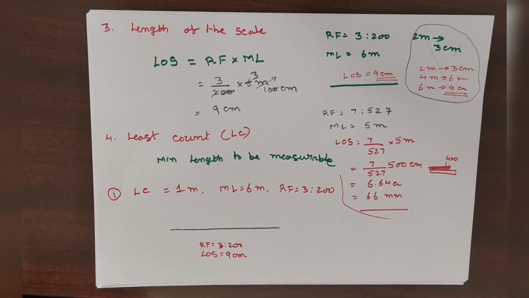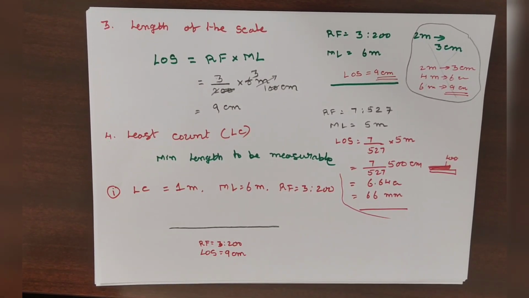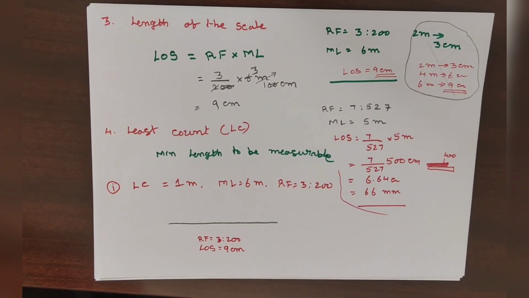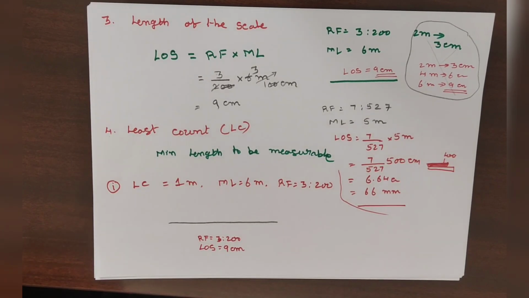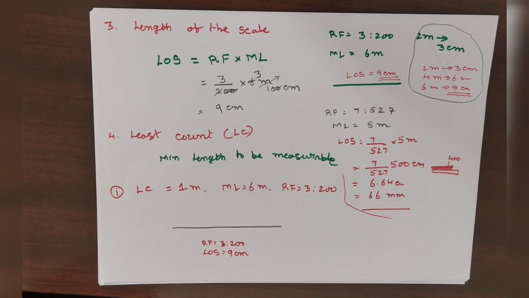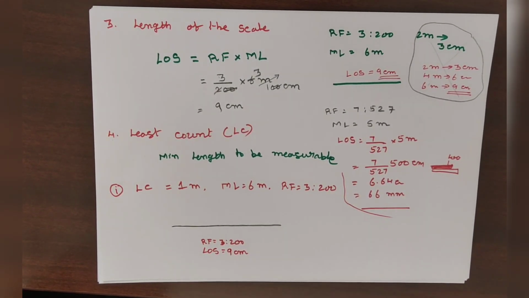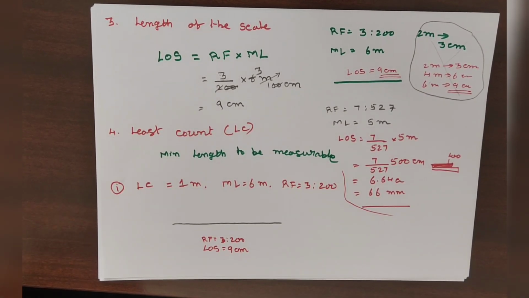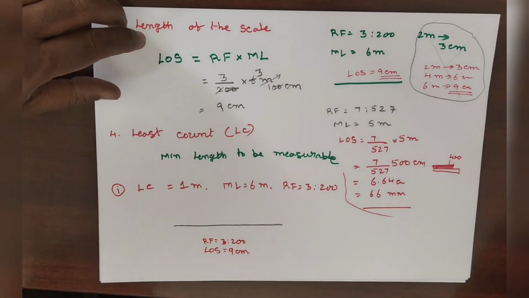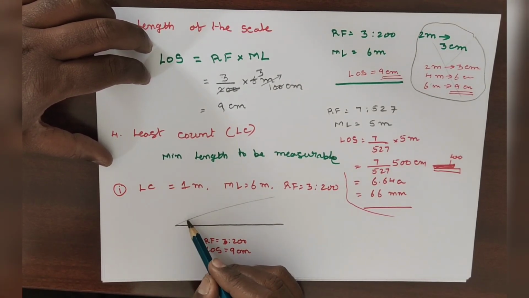Any idea? 9 centimeters equal to 6 meters. We have to make it equal divisions. Sir, here I will put 1.5 centimeters. Okay. For example, if you got the length of the scale as 7.4 centimeters, and you want to divide it into 6 equal parts, is it possible? It is not equally divisible. Then what do I have to do? Divide it into 6 equal parts by using an acute angle line. So I am going to draw one acute angle line, sir. Divide it into 6 parts.